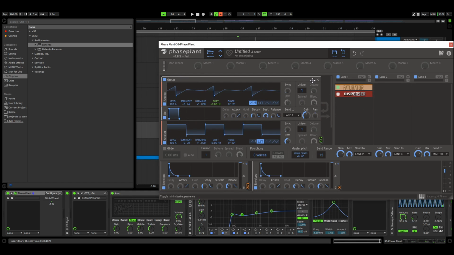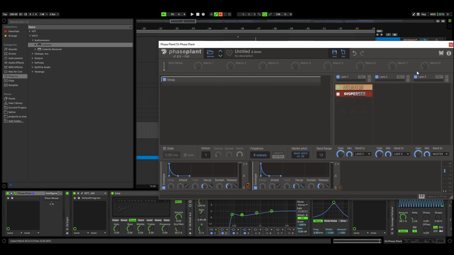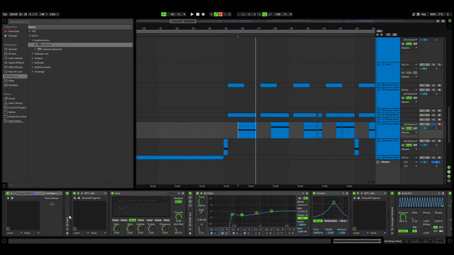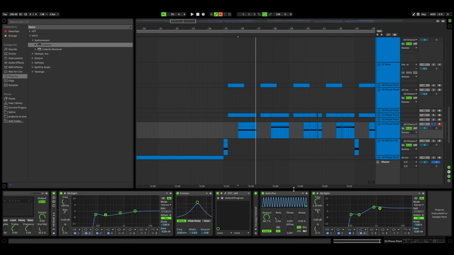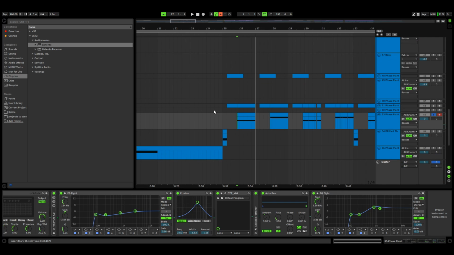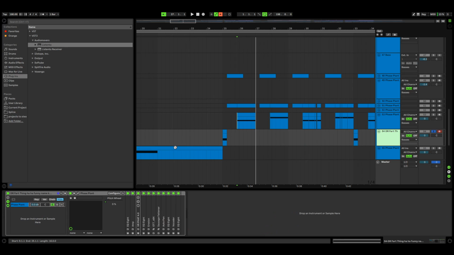Saw FM'd by a square and then run through a saturator and disperser with an EQ, OTT, distortion, fat rack, another EQ, erosion, another OTT, sausage fattener, auto pan for that wobble, and one more EQ.